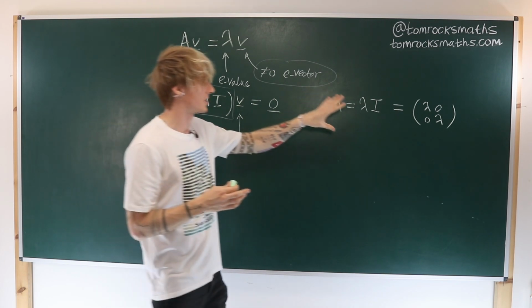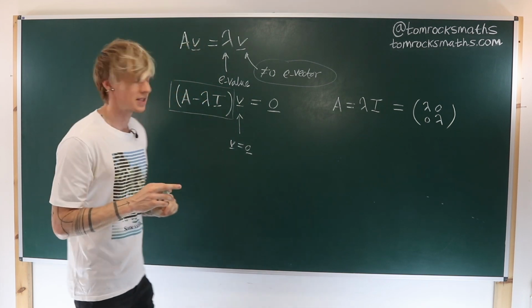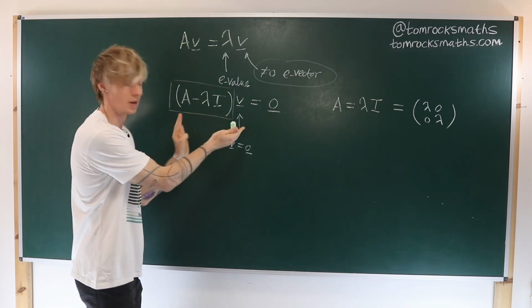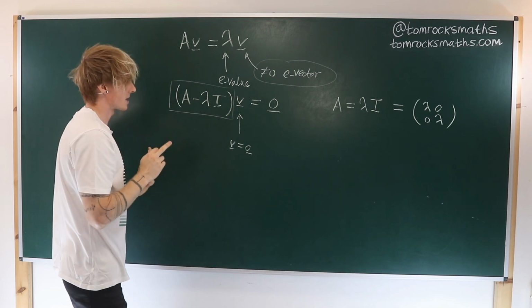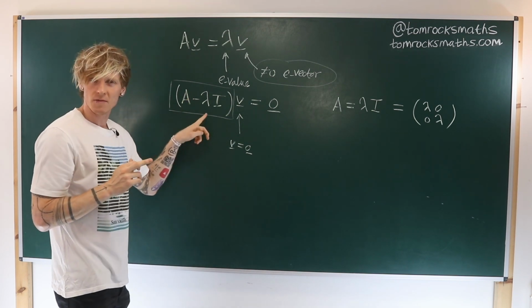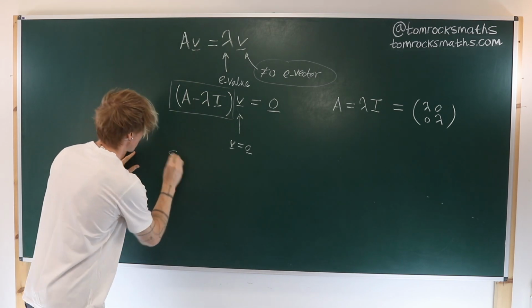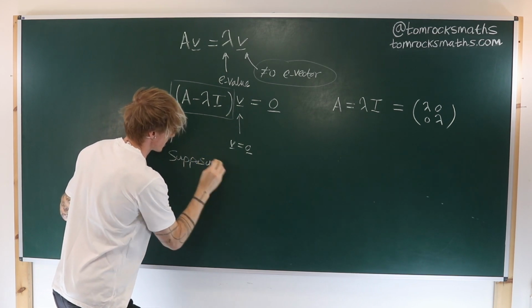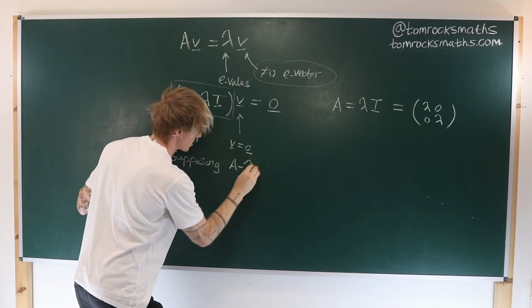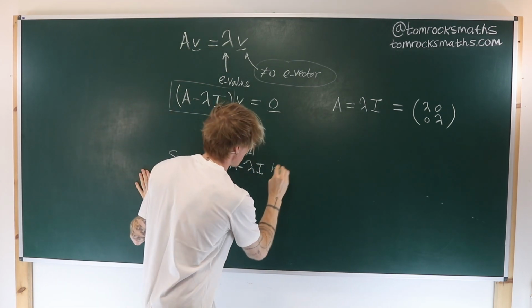We want to look at general matrices A. So what we do instead is go back to the equation in this form. And what we can say is, supposing A minus lambda I, which is of course a matrix,